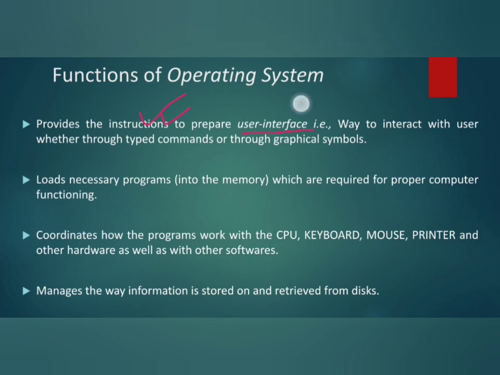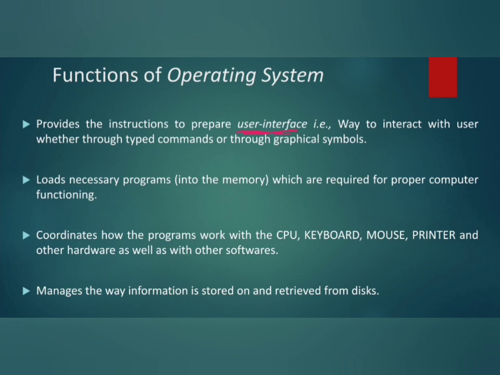So when you go for file and save as, how does the computer know that when you click on save, that particular thing should be saved in some particular space where you will browse? Or suppose you're clicking this close button, how does it know that this application needs to be closed? So not only the application itself handles it, but it is also the work of the operating system to give instruction to make us the user interface. User interface means whatever we see on the screen, to make it interesting and understandable, user friendly basically, fine.